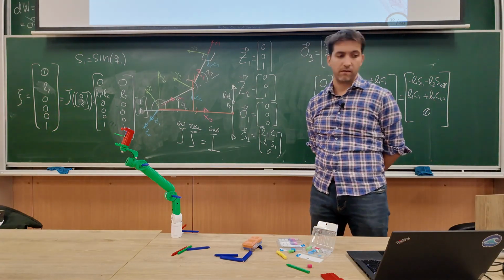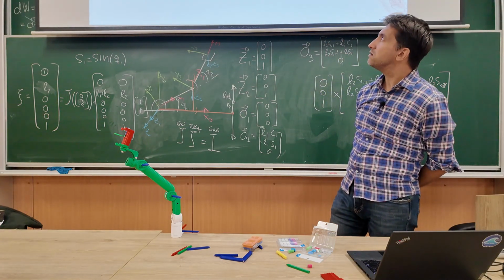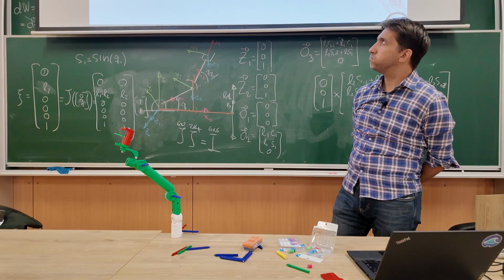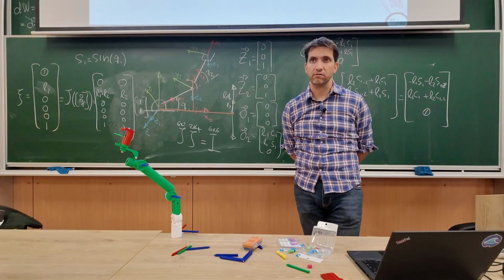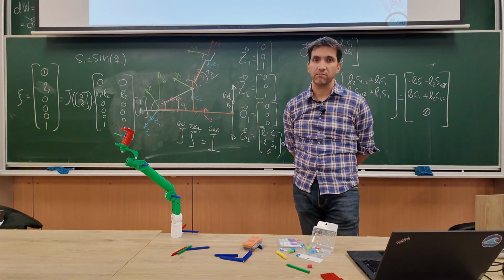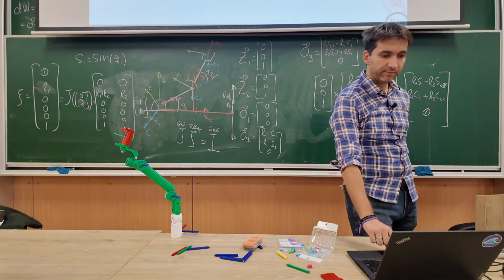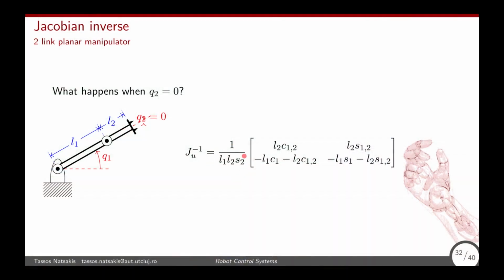L2 is L2. Does it change? Don't we have 1 over 0? Where? Here? Yeah. Why? Because for sine, if Q2 is 0, then sine of 0 is 0, right? So here we basically cannot calculate the